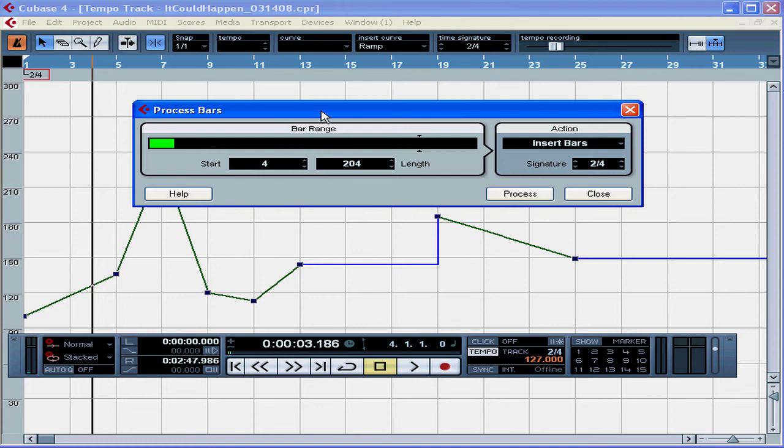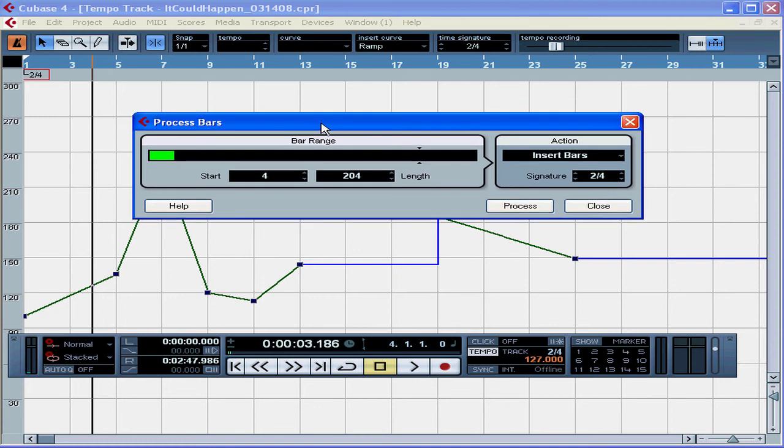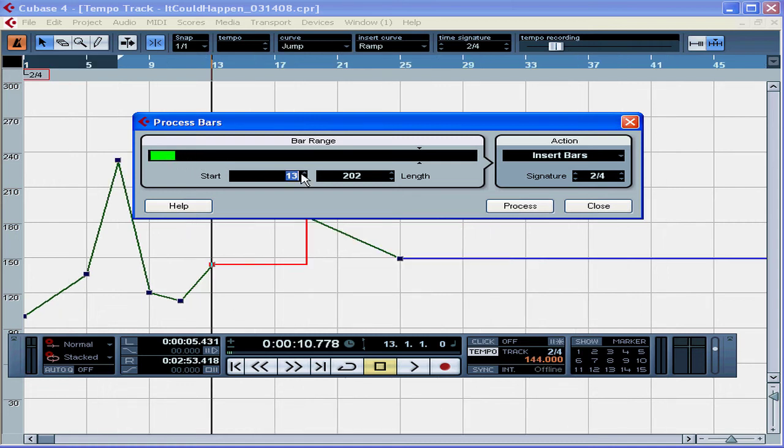However, in the Process Bars dialog window, you can do it a little bit more intuitively. It gives you a bars and beats environment where you can calculate the necessary range and then make sure that the time signatures stay in sync. You've got more flexibility this way. Your selection is shown in green on the bar range slider. Drag it to change the length of your selection, but it's a little bit easier to enter your values manually